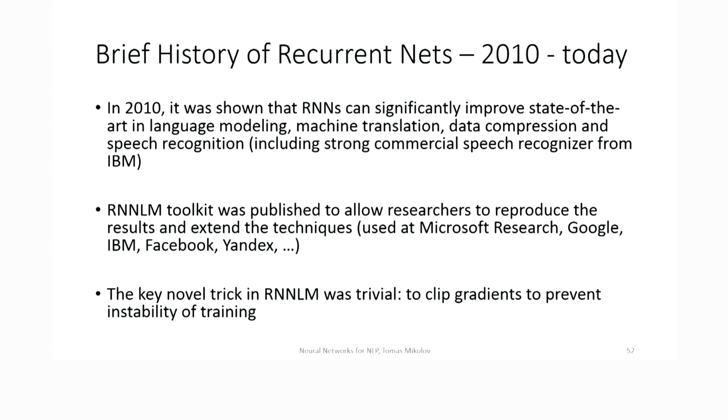I did publish the code back then, and immediately, like many big companies, started using the code. I remember in 2011 already there was MSR and Google and IBM using it, and later even other companies did start. And I think that nowadays, all these big internet companies are using recurrent networks, often actually the LSTM variants, which did replace the original recurrent nets because they are incrementally better in some cases. In most of the cases,